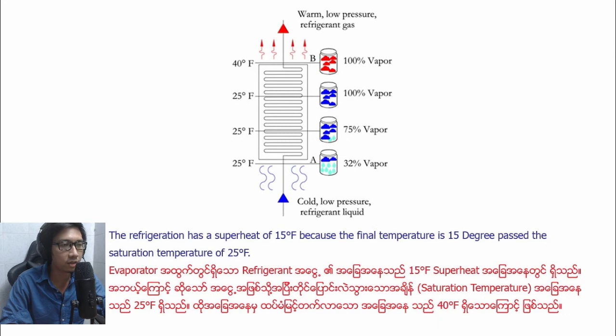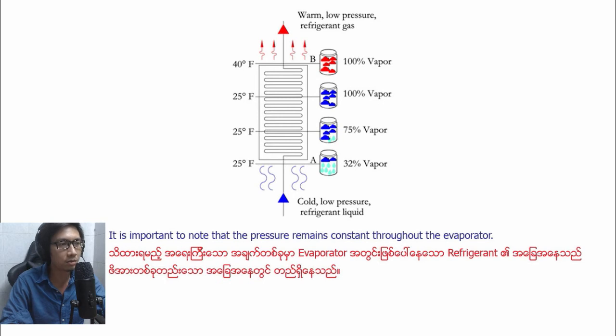The refrigerant has a superheat of 15 degrees Fahrenheit because the final temperature is 15 degrees past the saturation temperature of 25 degrees Fahrenheit. It is important to note that the pressure remains constant throughout the